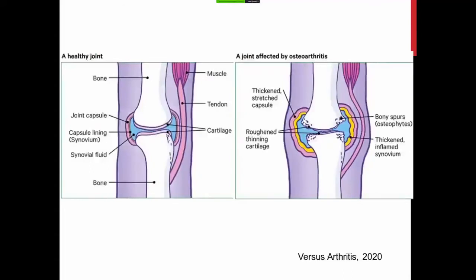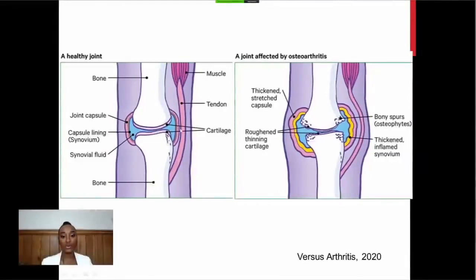Let's just have a look at what actually happens inside the joints. I'm not sure if you can see my mouse. I think you can here. This thin pink line here is cartilage, but the correct name of it is hyaline cartilage. In a nice healthy joint, the joint surfaces are covered with this hyaline cartilage. And you can see here the joint capsule is nicely arranged in an orderly way.